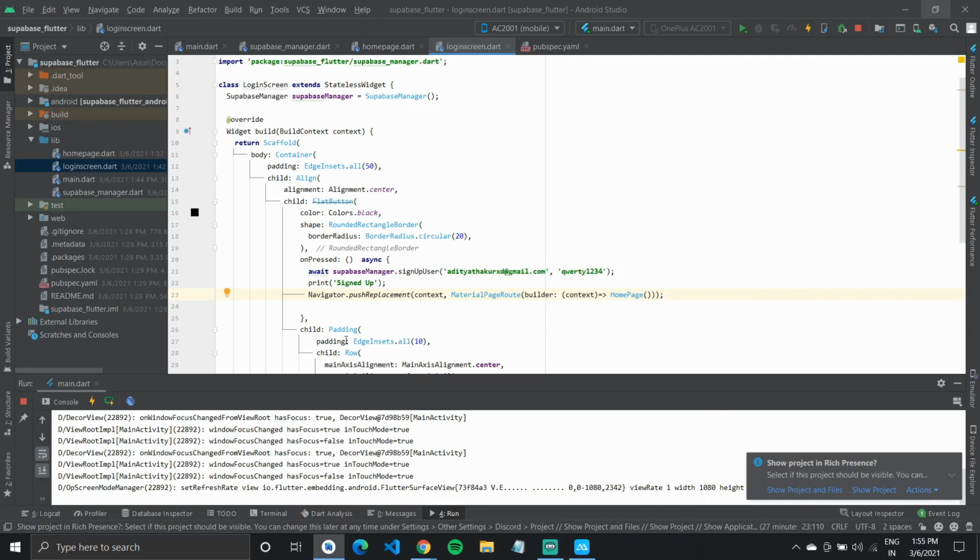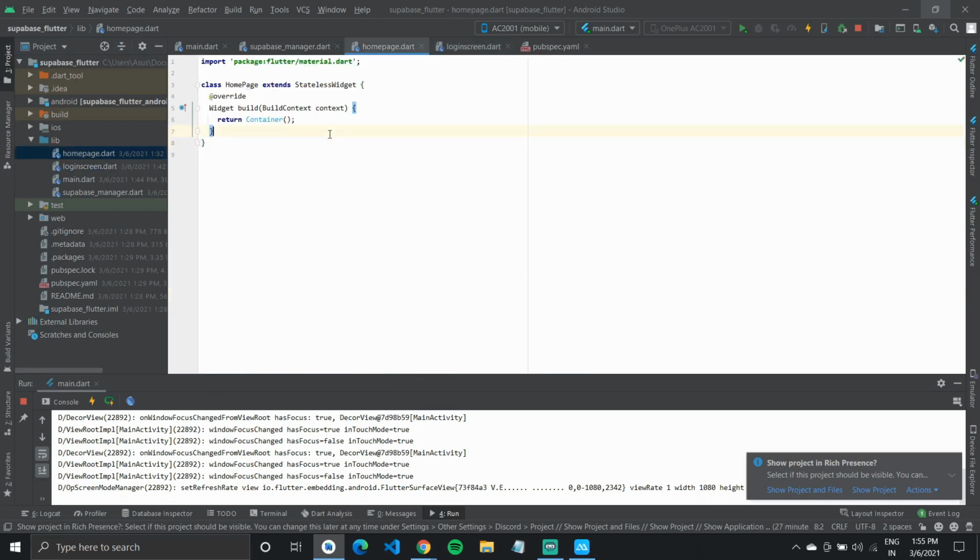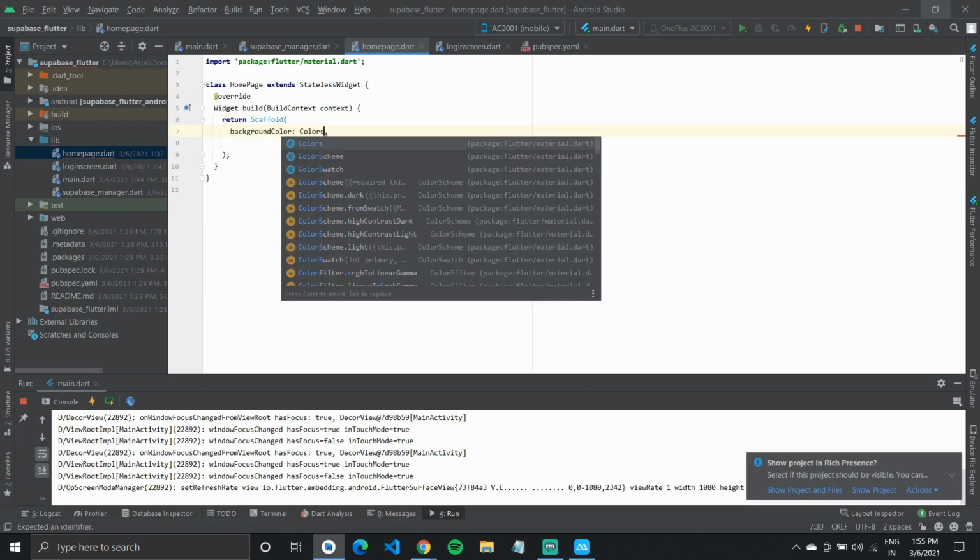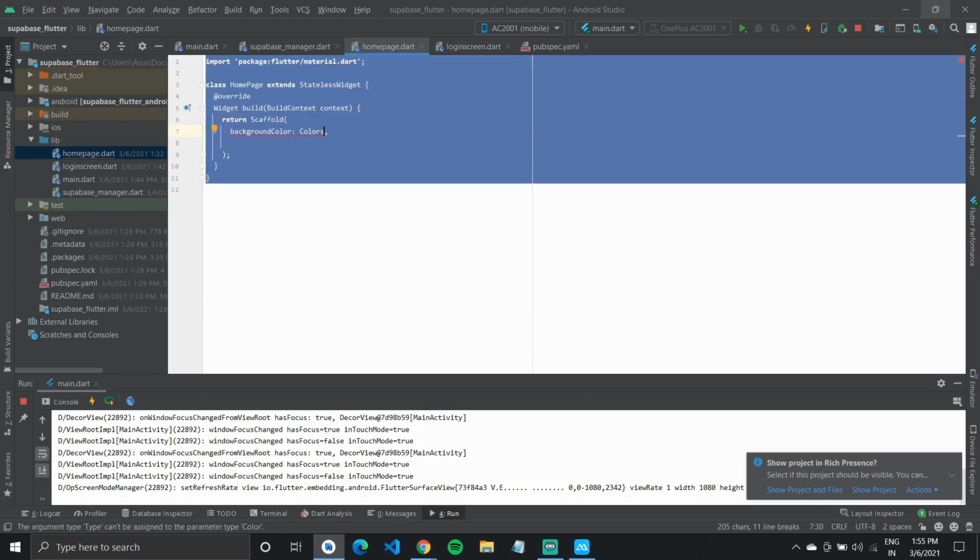Alright, so after we click on the button, it will first create this account, then push into our home page. So what do we have on our home page right now? It's empty. I'll create a scaffold, give it a body.